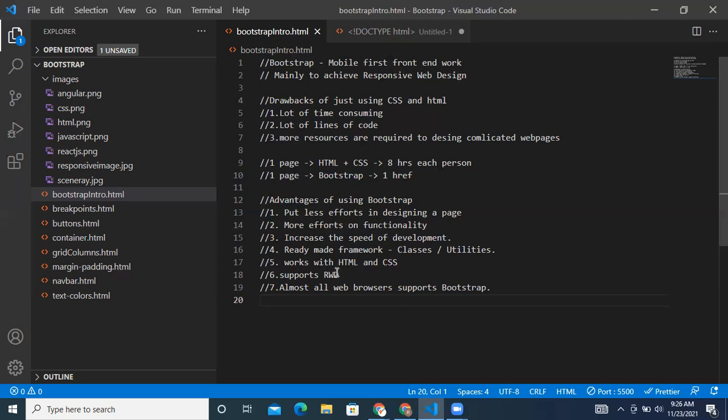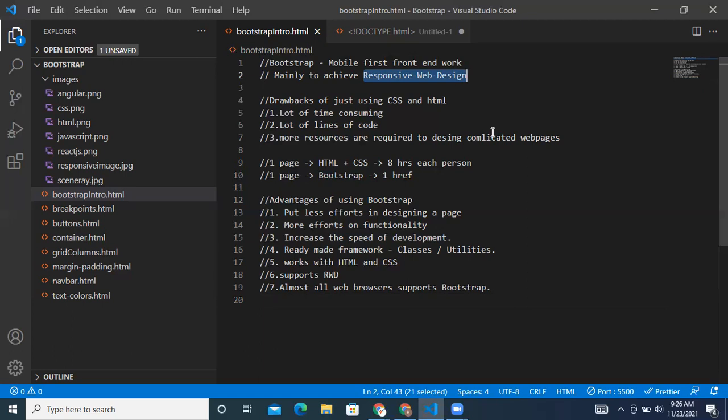RWD is responsive web design. It is just a short form that I have written for this. Responsive web design is about the media queries that I told you about, right? For any application to work, it should support all the screen resolutions. So responsive web design is where it supports all the devices.